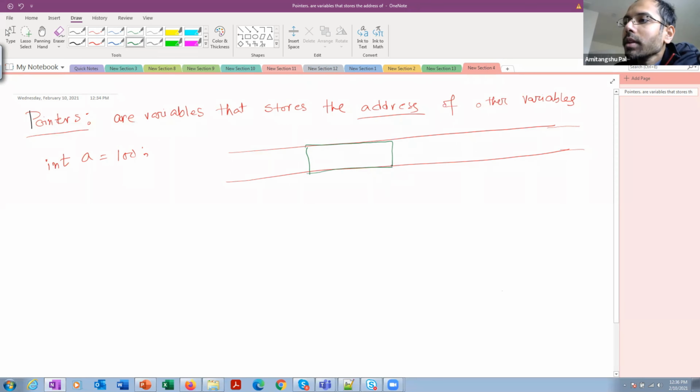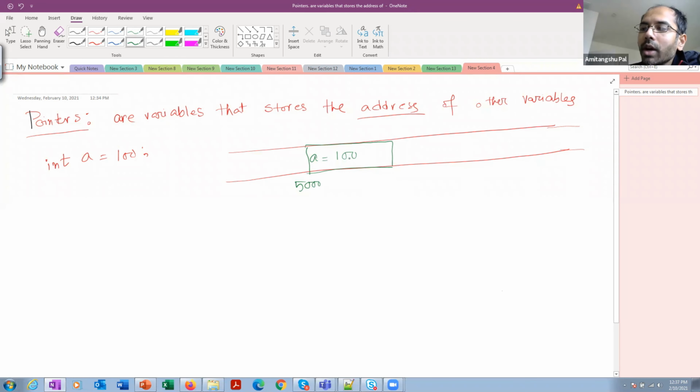Here 100, the value of a, will be stored in 0s and 1s format. Suppose this is at address, say, 5000.